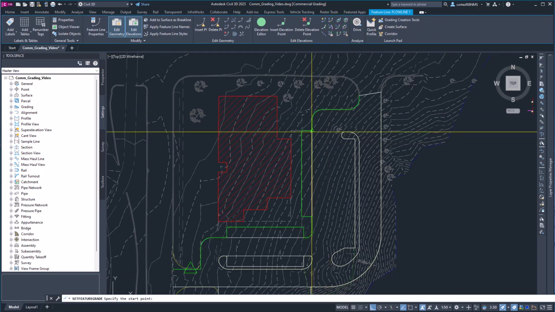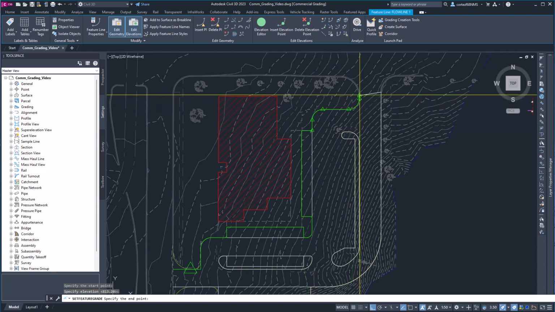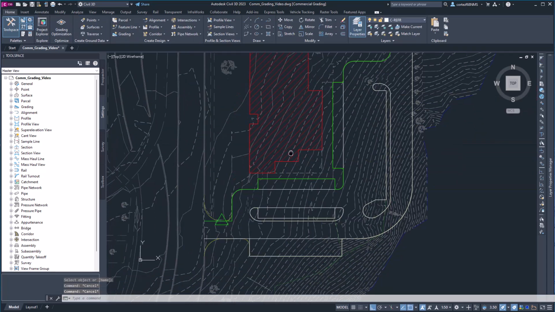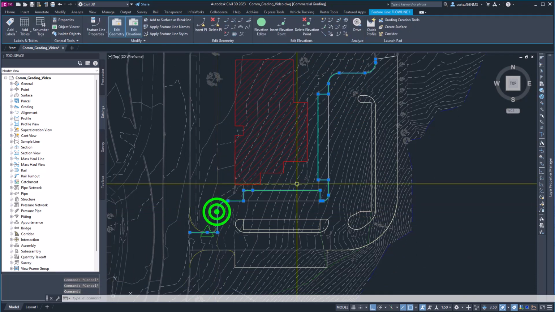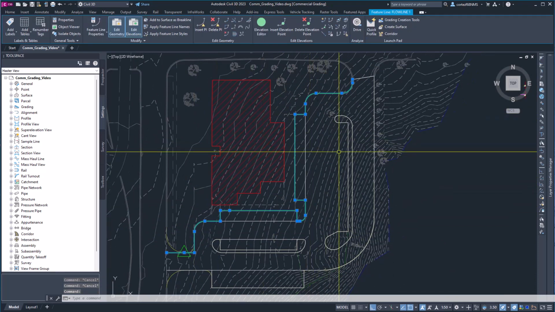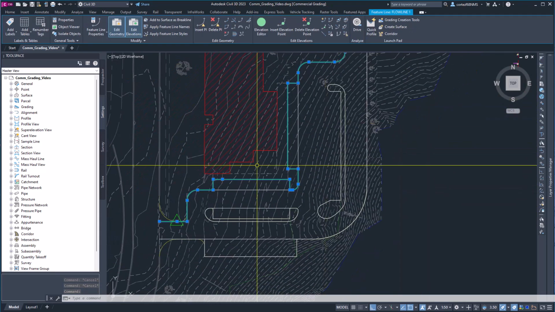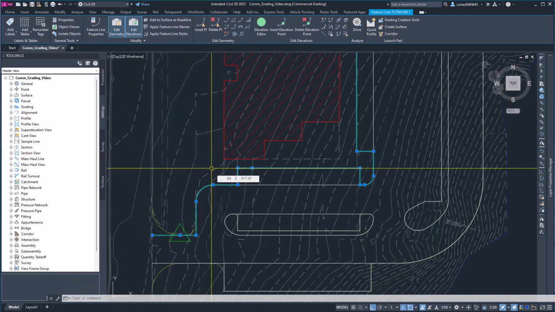And now we're going to set a grade between 2 points. I know this is 813.2, and I know I have to hit existing ground here at 807.56. We're at 5.4% if we just hold that. So we'll go ahead and accept that. And so now we have this whole front of the building designed, right? But this is just our flow line. So now let's go ahead and